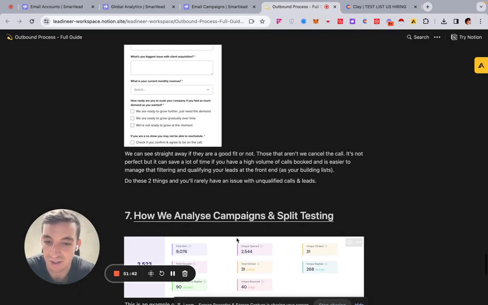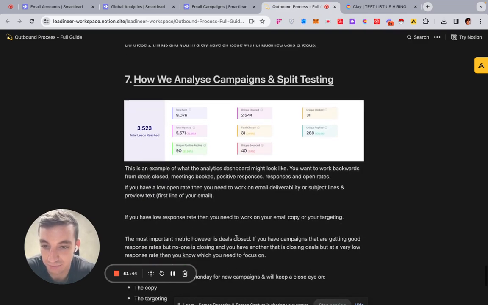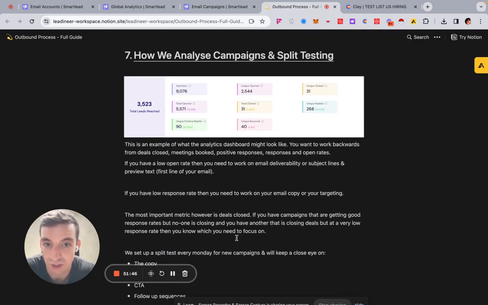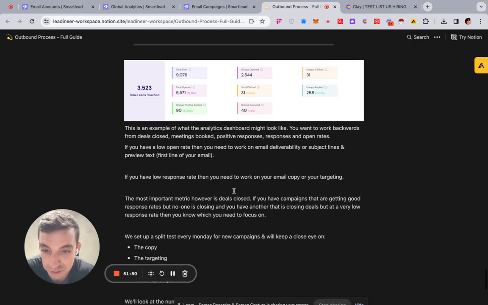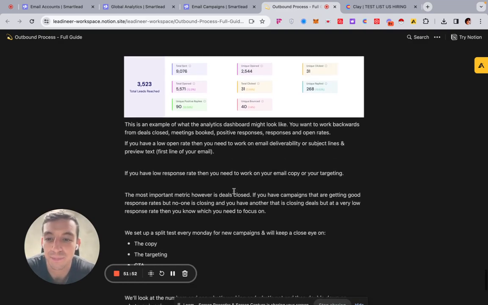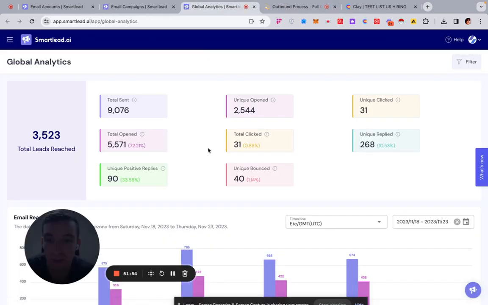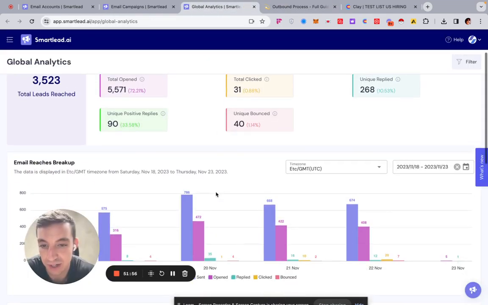And this is a problem that they have because of the way that we built everything out from before. Cool. And then in terms of how we analyze campaigns and split test, it's the last part of the whole thing. Analyzing campaigns, you can go over to here, for example, within Smartlead, and it'll tell you all the